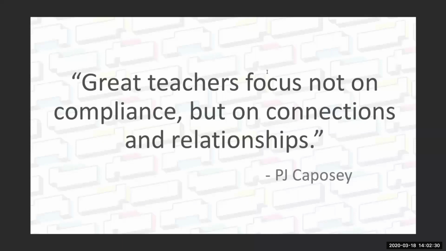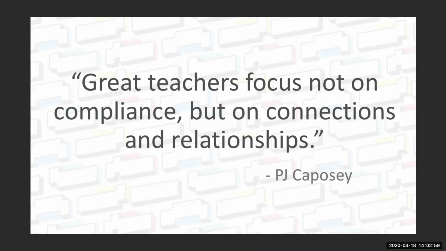You can't watch a kid come into your room and see that something is off. You don't have those conversations to overhear or those in-person interactions to figure out what's going on with them. So it's going to be really important to continue to focus on building those relationships and ensuring that you're spending time continuing to connect with your kids on a personal level. Structure some time in your day to check in with your students one-on-one.